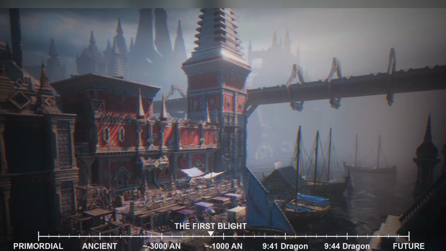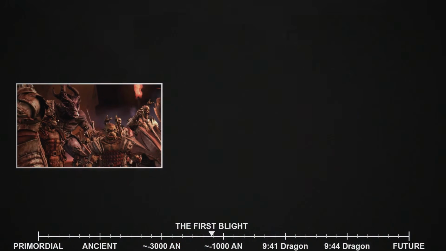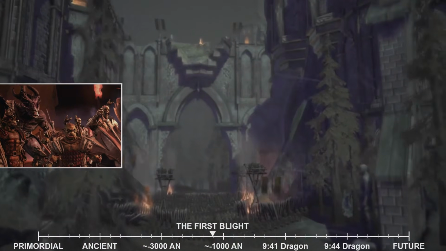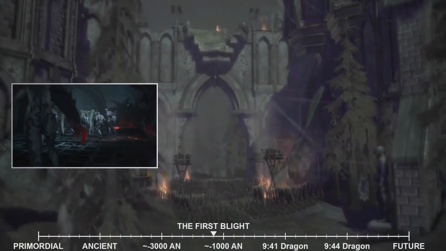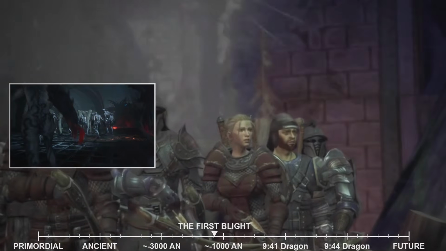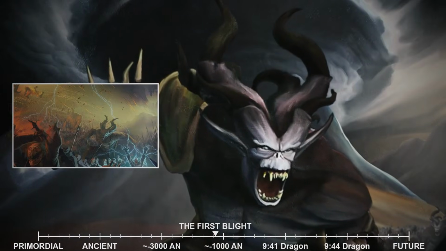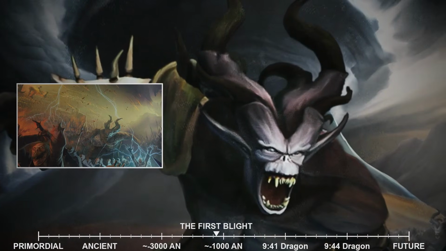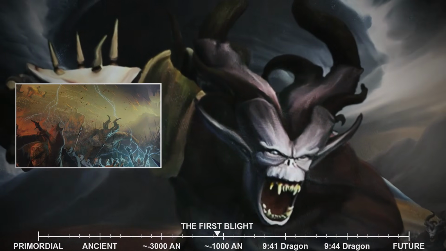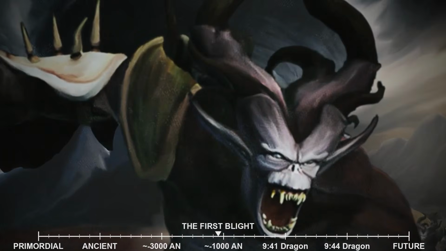More importantly, the Darkspawn remained a threat. While their Archdemon was gone, the endless horde still lurked beneath the surface, a festering wound in the world, waiting for the next old god to be corrupted and awaken. The First Blight served as a brutal reminder that the war against the Darkspawn was not a single conflict, but an ongoing struggle, a constant vigilance required for the survival of all.